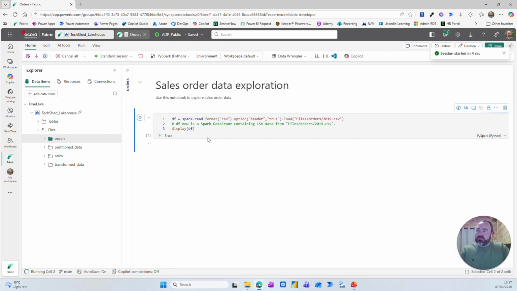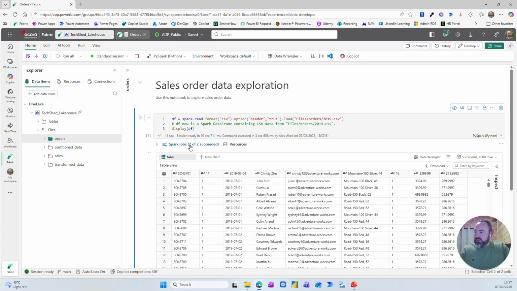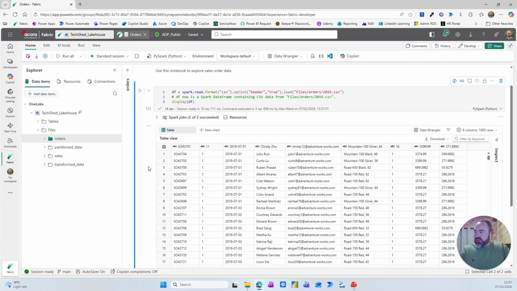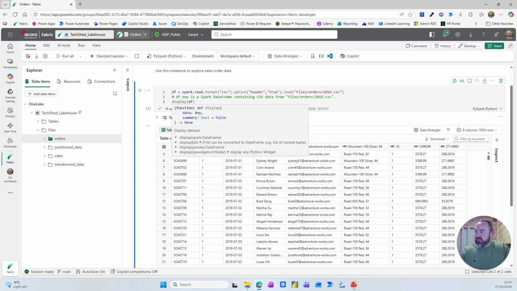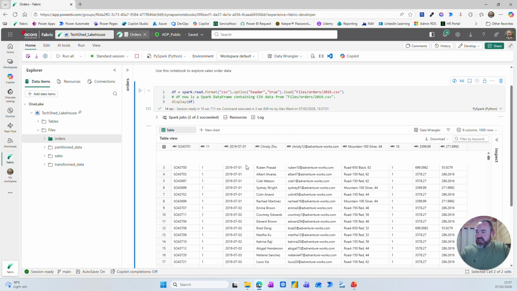Now it'll take a little bit longer to start with as you're loading up your Spark session, but then the cells will be quite quick after that. So we've got 14 seconds there, and all of our data's in. So what we're looking at here is the file 2019, and you can see with the display function we've got the table underneath. So now what we want to do is edit that